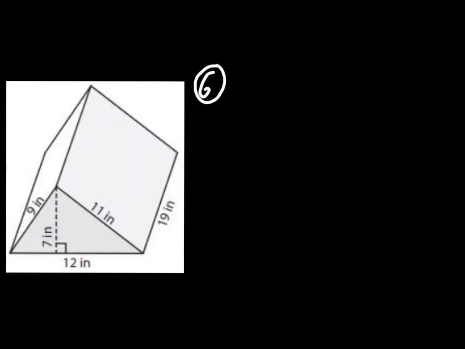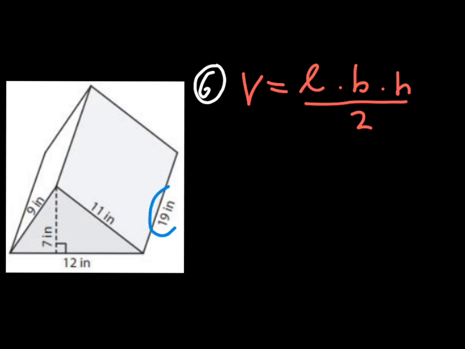For question number 6, we are once again given a triangular prism. So to find the volume, we once again need to use the formula length times base times height all over 2. Next, we're going to need to look at the figure to be able to figure out which values we're going to substitute in where. So we can see that this value is our length. So we've got